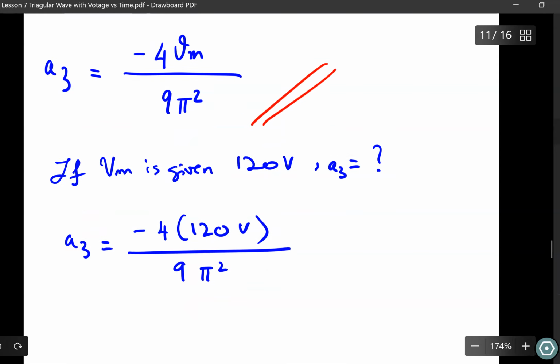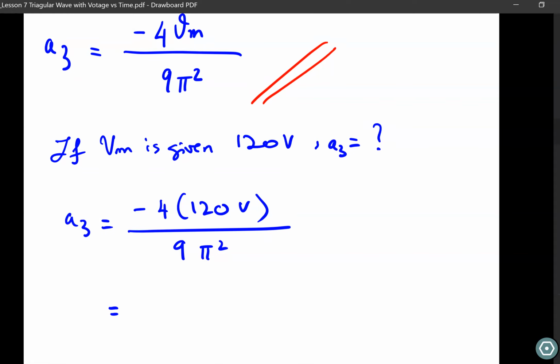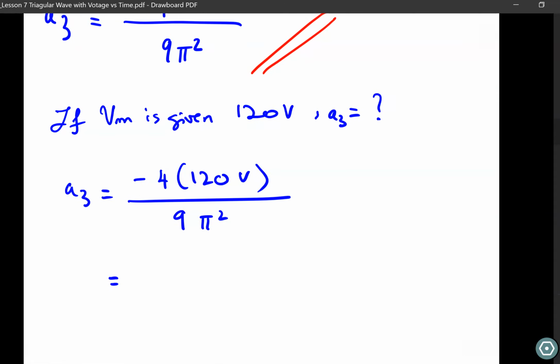If you use a calculator, I suggest that you use the whole pi symbol and then square that. If you use your calculator, it doesn't matter whether your calculator is in radian or degree. If you use the pi button on your calculator, then you should have your answer as